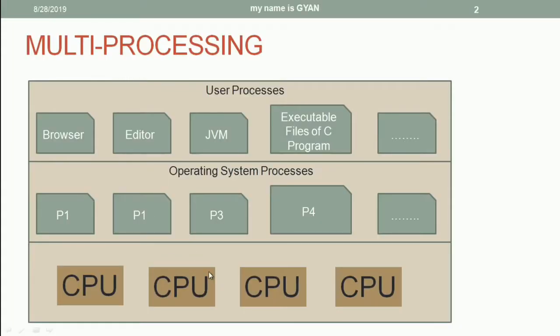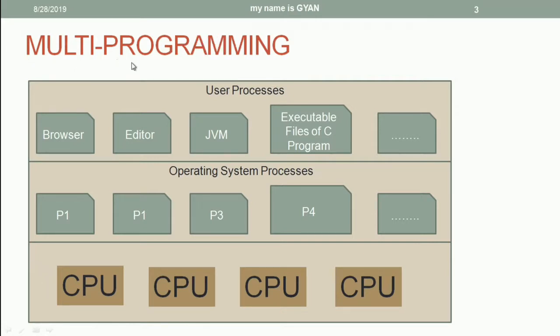This is an example of multiprocessing, when a computer system has more than one CPU, or when a CPU has more than one core. Then in this case, the computer has various different execution units. This system is called a multiprocessing system because a computer has more than one processor, more than one processing unit.